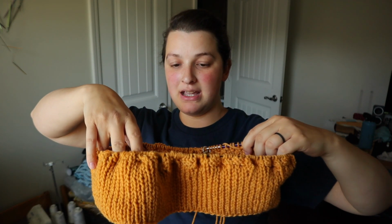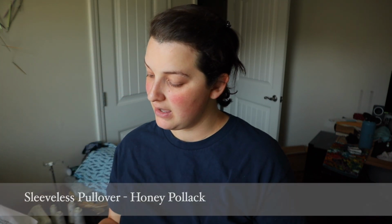And my plan with this was to knit a basic vest to go over top of my flannel dresses in the fall and winter. And I did so much looking on Ravelry, searching and searching, trying to find a simple cabled vest pattern that wasn't going to be too complicated or too overwhelming, just a really fun, simple cable vest. And I just couldn't seem to find what I was looking for until finally I found it. It's a free pattern. I don't remember what the name of it is. I'll